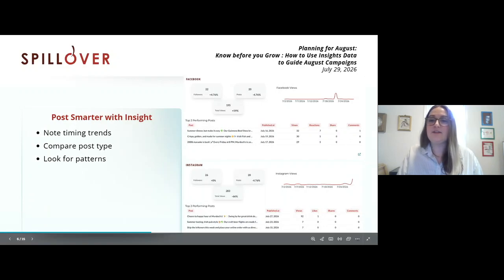So let's first take a look at the days things were published. Was I publishing my top 3 posts on Tuesdays and Thursdays or on a Wednesday, for example? Are weekdays more successful than weekends? You want to take a look at that. And if you hop into Synopsys, you can also even see the time you posted as well if you want to compare times. And here I can also look at the post type, and I want to compare my post